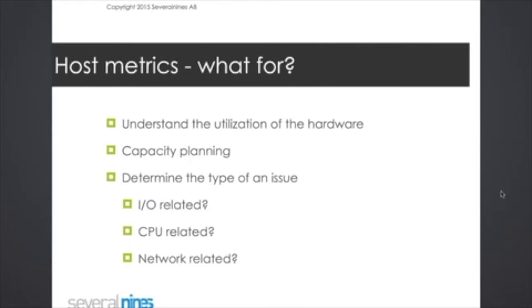For example, it can be an IO-related problem when, let's say, there is some kind of background process running on the node, some backup, or maybe an IO-bound query, which is using a large subset of the IO resources,